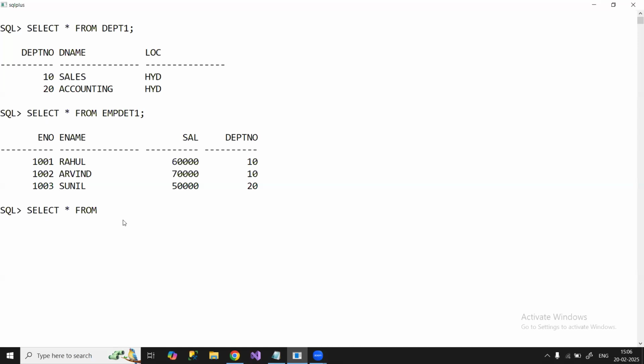Working in accounting department. I want to get the details of the employees working in department number, working with DNAME accounting. You can, madam. Select asterisk from EMPDT1 where department number equal to